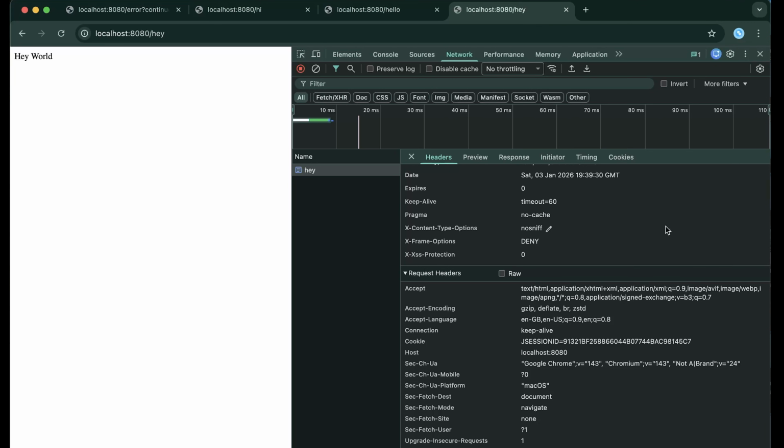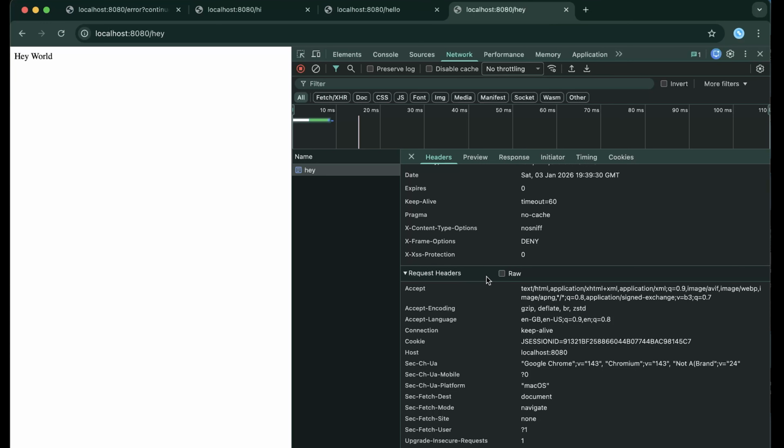And after that, in every API call, that JSession ID will be passed in the request headers. Okay, like this. And this will be used at the backend to confirm whether the user is authenticated or not. So that is why you don't have to log in again and again. Okay, so this is how the whole authentication process takes place. You log in only once, a session is created behind the scene, and a session ID is passed back in the response, and then for every further API call, the browser sends this session ID in the cookie in the